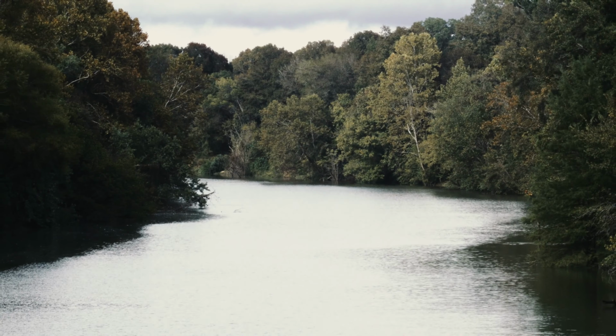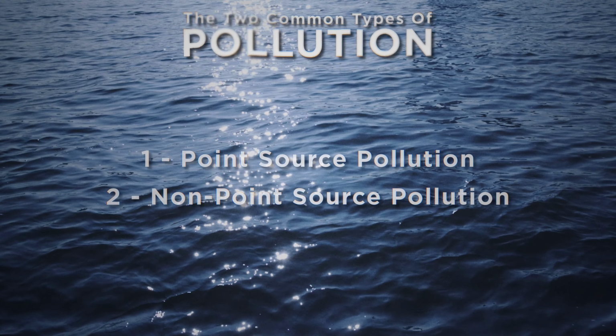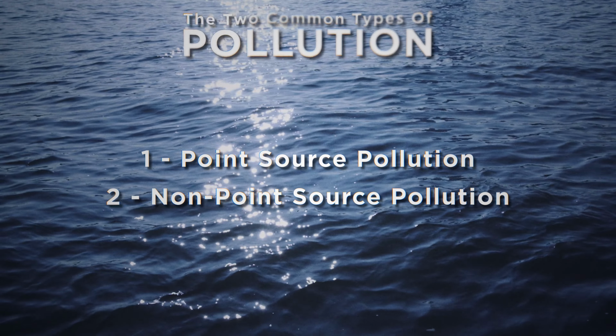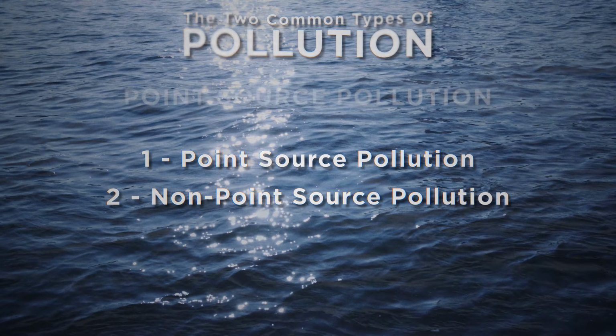in holding polluters accountable. First, let's talk about the two common types of pollution: point source and non-point source pollution. Point source pollution is defined as a single, identifiable source of pollution from which pollutants are discharged, like a pipe into a nearby stream. It is easy to identify because you can literally point at the issue and know where